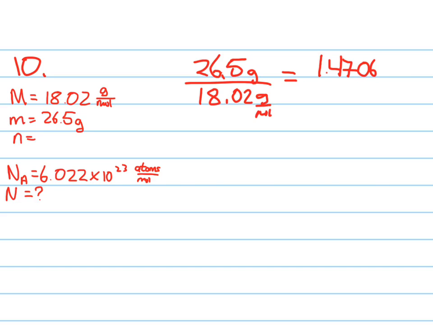1.4706 moles. And I'm going to keep all the digits in my calculator, and I'm only going to write a few extra ones. Now the trick here is to know that the formula for water is H2O. So if we have 1.47 moles of water, that means that we are going to have twice that many moles of hydrogen atoms. So we're going to figure out that we have